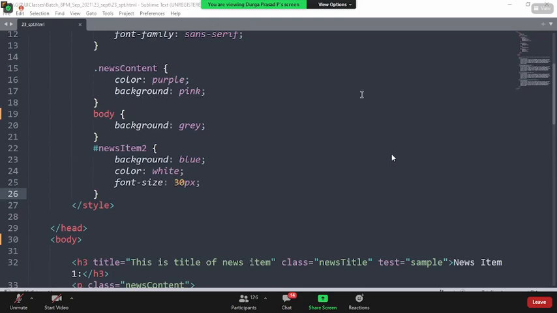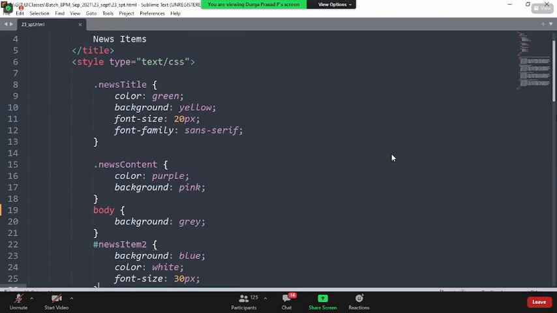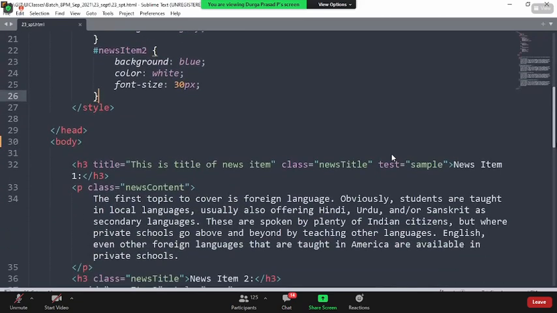So yes, guys, this is what we have seen. Whenever we create a web page, there are 4 different ways we can inject the CSS into the particular HTML tags: inline CSS, class-based CSS, ID-based CSS, and tag-based CSS. We have even clearly discussed what are the suggested 2 ways and what are the not suggested 2 ways. So can you tell me what are the suggestible ways of applying CSS?